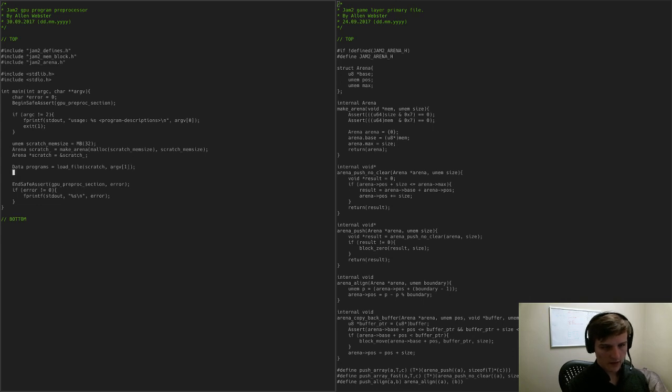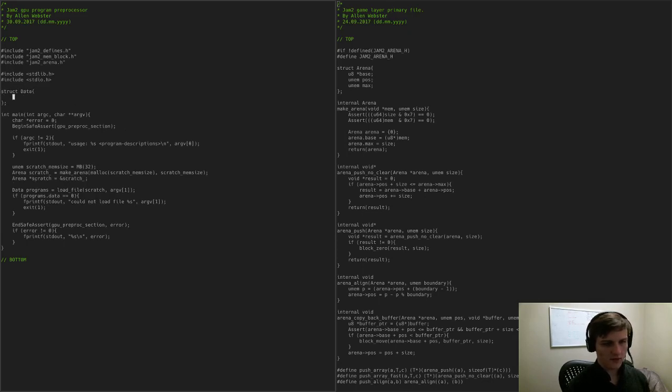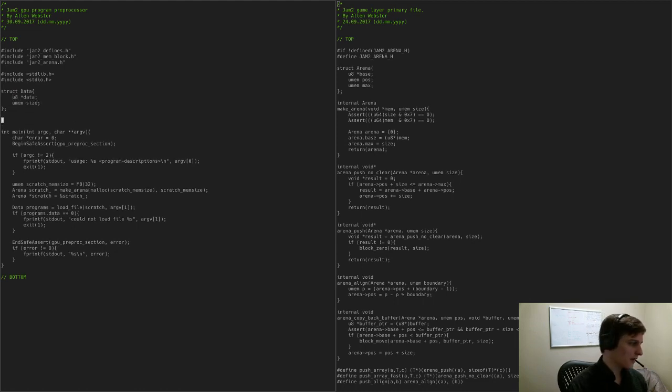And what we'll do is we'll say if programs.data equals 0, fprintf standard out could not load file, exit 1. Okay, now write that up real quick. The load file function, well, first of all, a data will just be a U8 pointer and a size variable, right? A umem size, and then